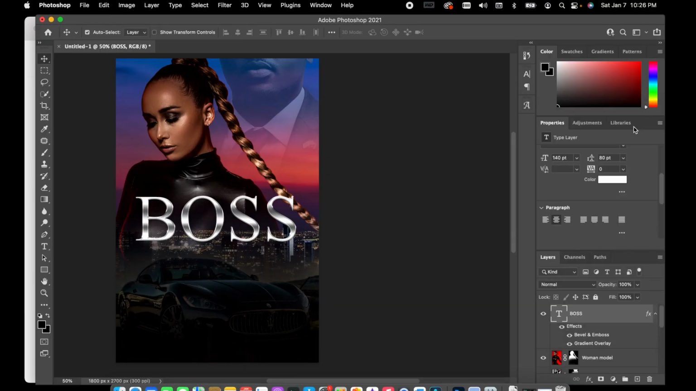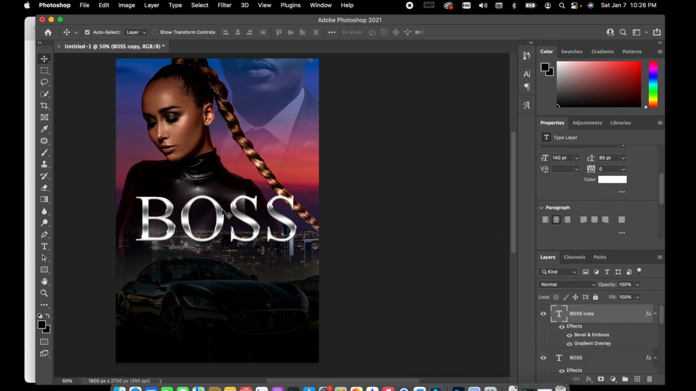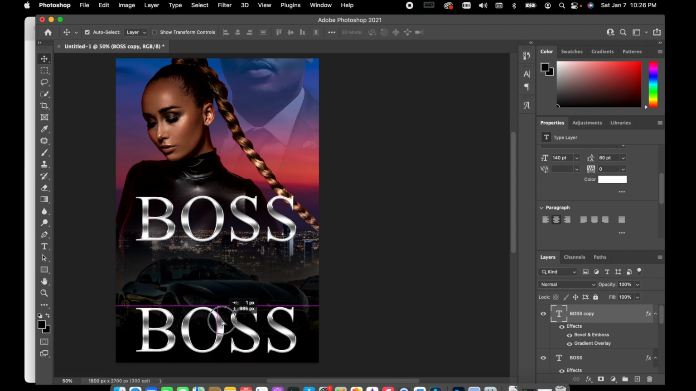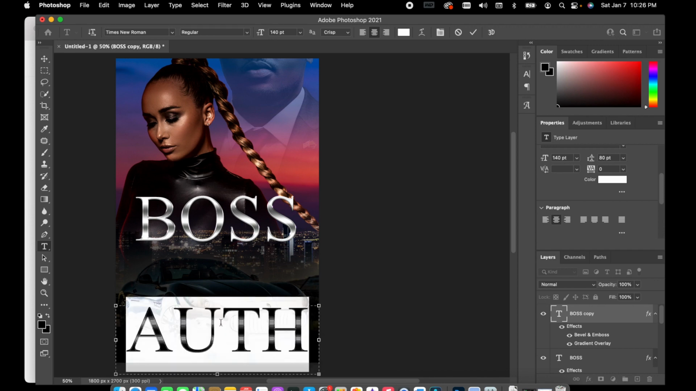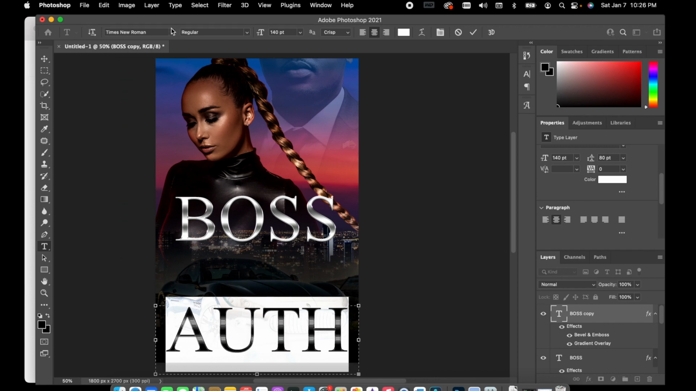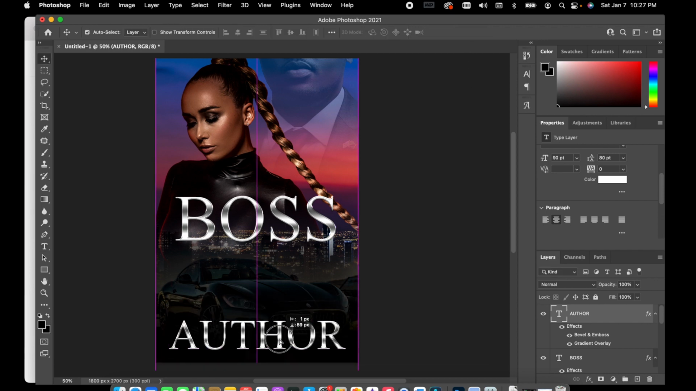Press OK. Come over here to your right hand side and right click, and then press duplicate. Press OK. Pull the word boss down, and we're going to type the word author. If it's too big, no worries. You can Command A as an apple or Control A, or you can just drag your mouse across, but I'm going to do Command A because I want everything to be selected. And then I'm going to just make this, I typically make it about 90. Use my check mark and then pull this down